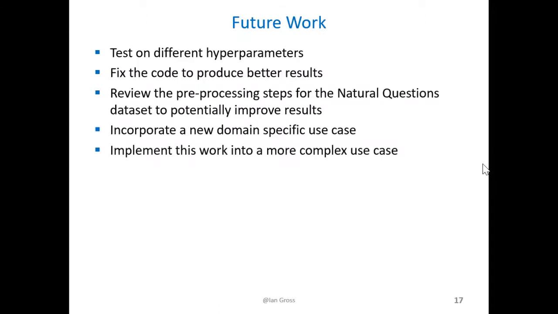In terms of future work, I definitely want to test this on different hyperparameters. Only being able to do two was just a matter of time constraints. I do want to fix the code to eventually produce better results and see what was wrong with my evaluation functions. Then I want to review some of the pre-processing steps for Natural Questions and potentially improve the results, such as fixing the HTML